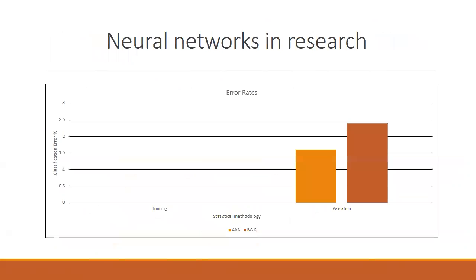The neural network created by Silva contained a total of 6 neurons with a maximum number of iterations equal to 5,000. Surprisingly, during the training population, both approaches obtained an error rate of 0%. However, during the validation step, artificial neural networks obtained a classification score with error rates of 1.6% compared to the Bayesian model of 2.4%. The overall agreement between the two approaches was 81.37%. For cross-validation of the model,